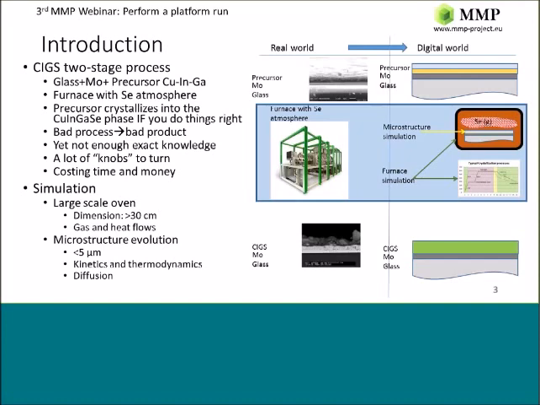There's not a lot of exact knowledge about this process. There is a lot of research done, but it's quite difficult. There are a lot of knobs to turn, and this costs time and money for each new process that you set up. So ideally, we would be able to predict this process, and therefore we